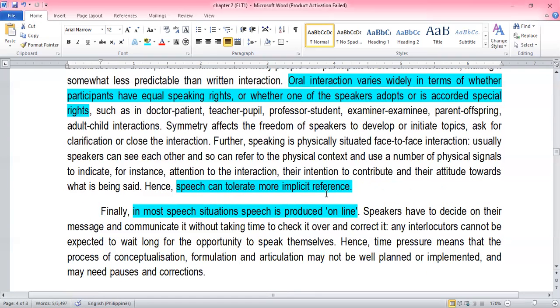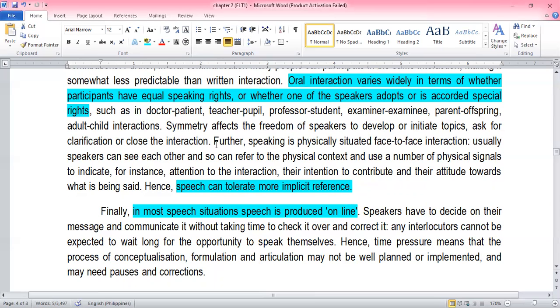So, also, speaking is physically situated face-to-face interaction. So usually when we speak talaga, it's face-to-face. Usually speakers can see each other, so they can refer to the physical context and use a number of physical signals to indicate. This is in contrast with writing. Kasi sa writing talaga, it's not necessary that you have to be face-to-face, di ba? And also the difference is, kaya kailangan talaga may separate na syllabus yung speaking, may separate syllabus yung writing, because there are a lot of varieties of way that they differ. One of which is this: